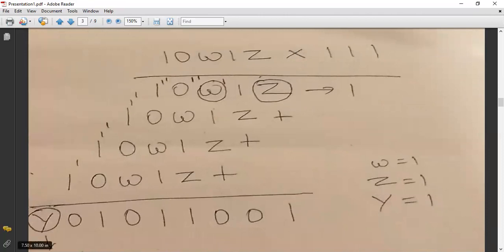Now we know the answer already, but we are going to find out the values of the letters. The first digit of the answer is 1, but here we have z. For the addition steps, to get 1, the necessary condition is that the value of z must be 1. So we got the value of z as 1. Now let us go further. Again 1 plus 1, because we already know the value of z is 1. So 1 plus 1 is 0, carry over 1.